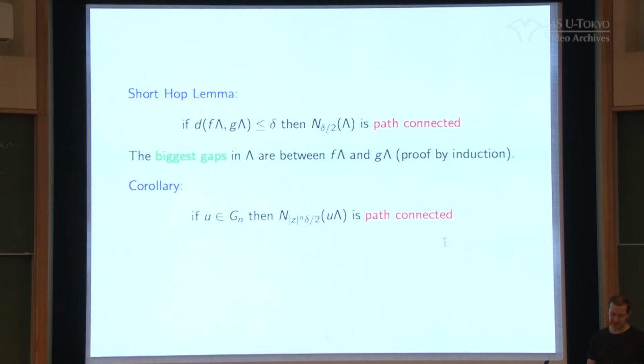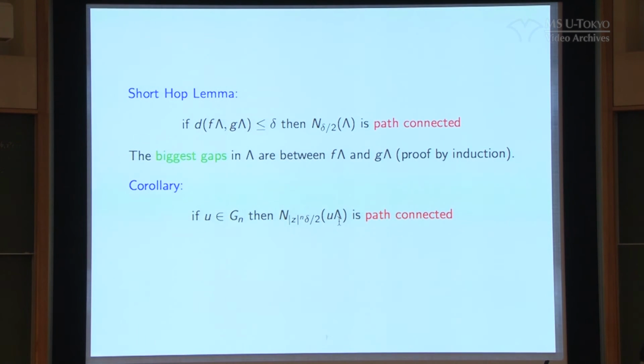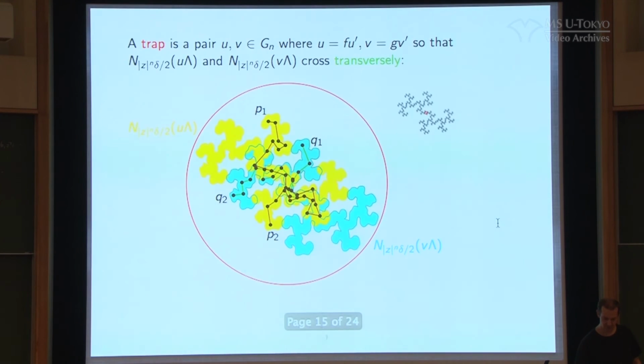So then you can take that fact and apply a transformation u to it. So pick a word u of length n, take lambda and apply u to it. We get a copy of lambda which has been scaled, by a factor of z to the n. So now the neighborhood of size delta on 2 times z to the n of that is path connected. Okay? So now we want to bootstrap this fact in the following